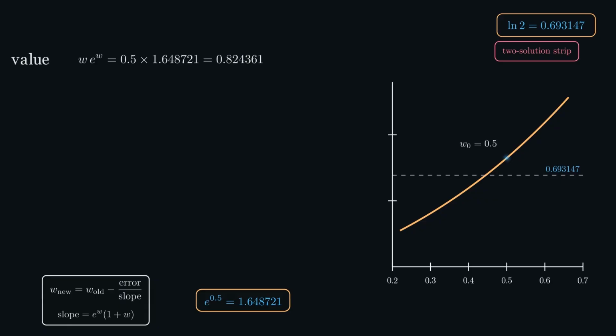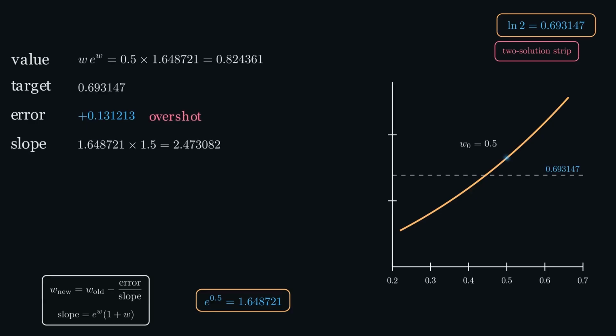Value, w times e to the w, is 0.5 times 1.648721, which is 0.824361. Target, 0.693147. My error, plus 0.131213. I overshot. Slope, e to the w times 1 plus w is